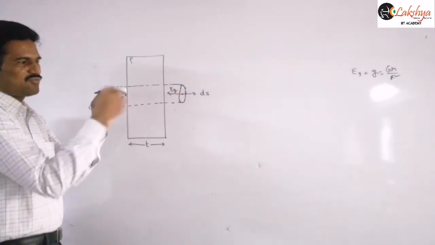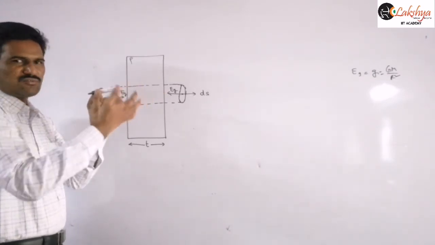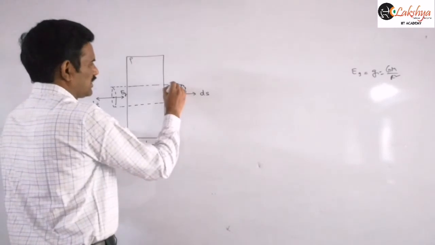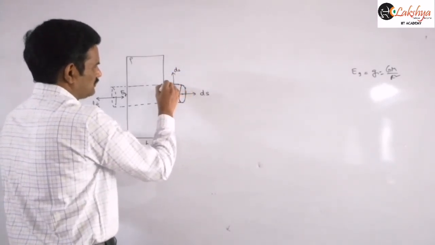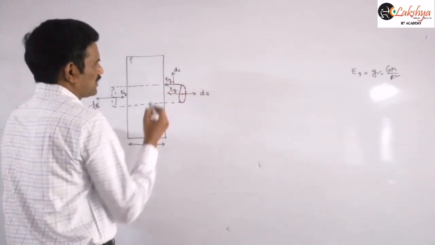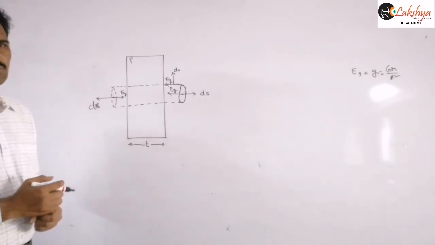This gravitational field and the area vector are opposite to each other. Now for the curved surface, the area vector dS will be like this and our field will be like this, so they are perpendicular to each other. And so the flux through the curved surface will be 0, and only the flux through the plane surfaces will be there.